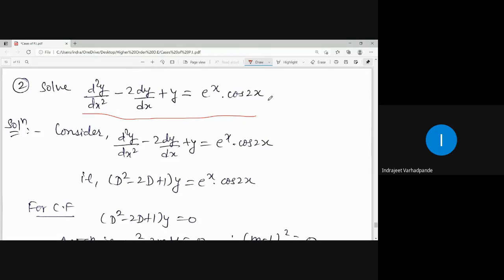Now in the RHS, how is the function given to you? The function is given as e to the power x into cos 2x. We see the function in the product form. How is the product given? Product is e to the power x into cos 2x. So in the product, if one of the terms is e to the power x and the other term is treated as v of x, which can be sin ax or cos ax or x to the power m, we consider that particular example of PI as case number 4.